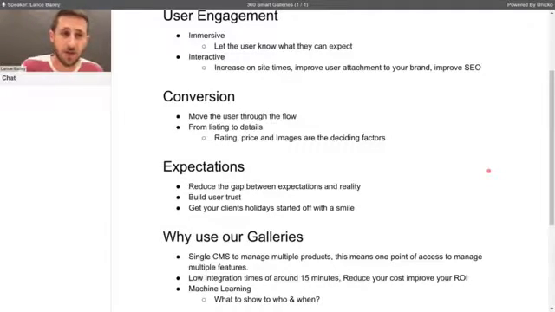It has happened to all of us. We've all had this experience where what you expect is just really not what you get. And by using 360 imagery, like I mentioned right in the beginning with the user engagement, you're no longer putting the client in a situation where they're taking a couple of different images and trying to create this connection between them to build this image in their head of what the room really looks like. You're giving it to them.